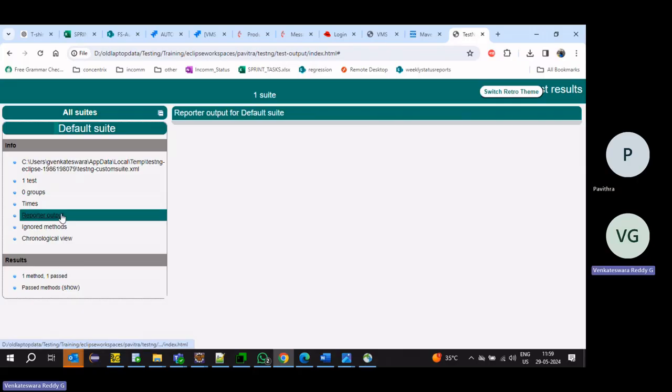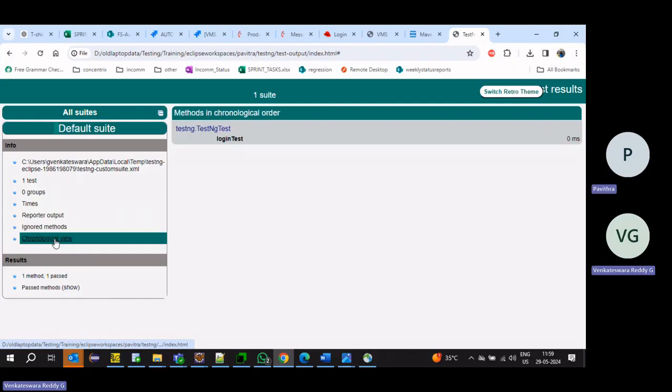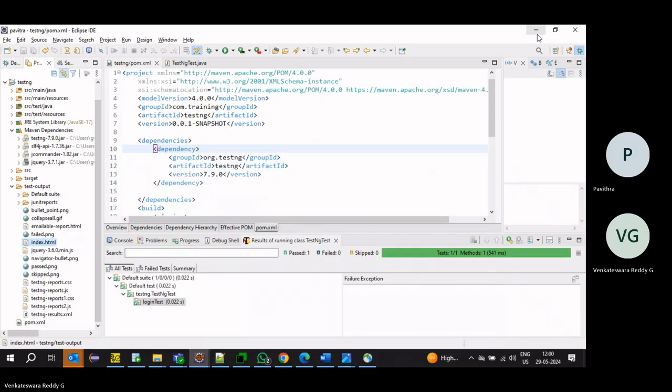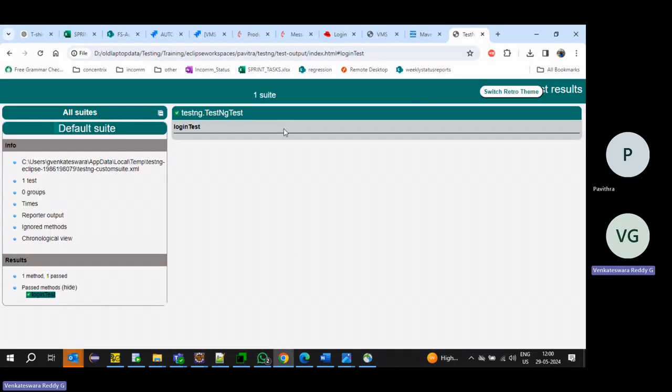We don't currently have an output report. We'll see later. Ignore method. This is chronological order, which means in some order it will show all the test cases. Here results it will show green or red, pass or fail. One is this report.